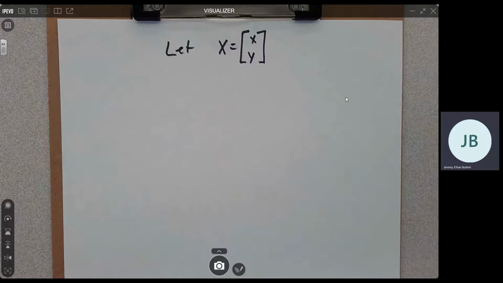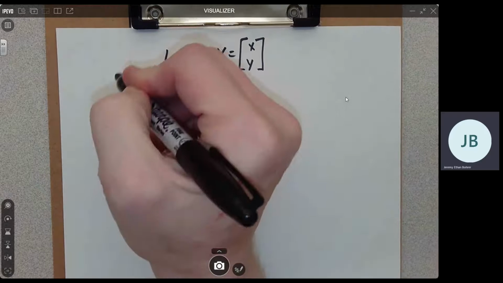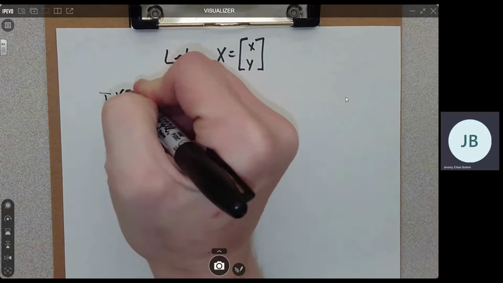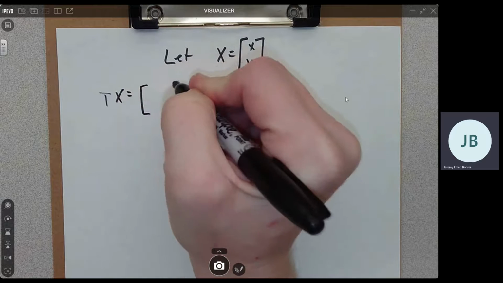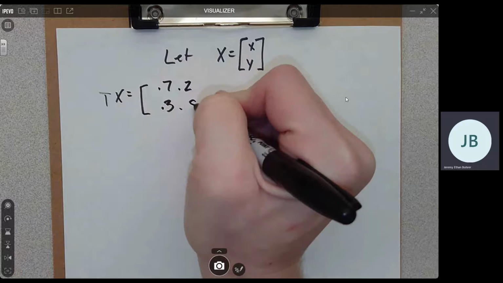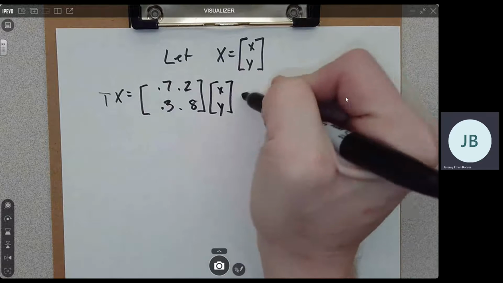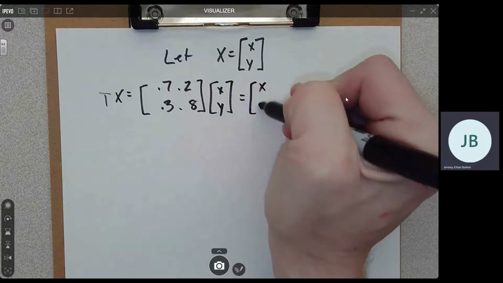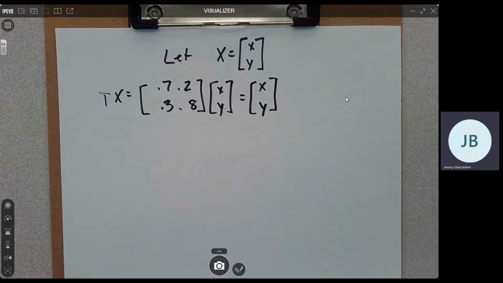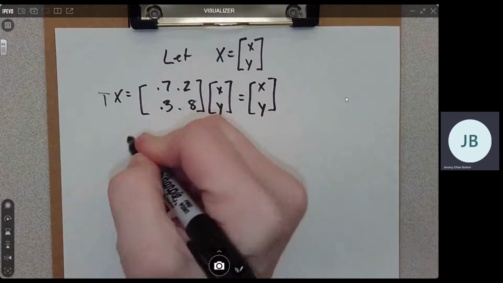So to do this, we let x be the vector x, y, and that's what we're looking for. We're looking for those x's and y's. And we take Tx equals 0.7, 0.2, 0.3, 0.8 times x, y, and we want this to be equal to x, y. And that's equivalent to this system of linear equations,